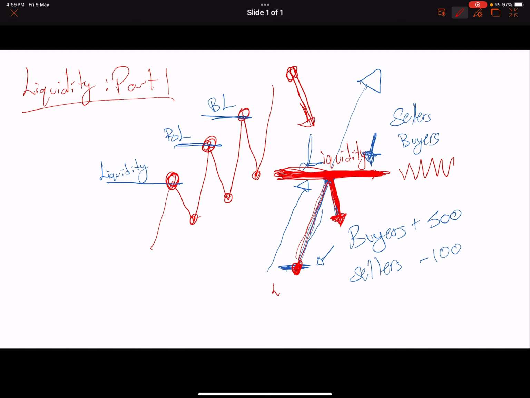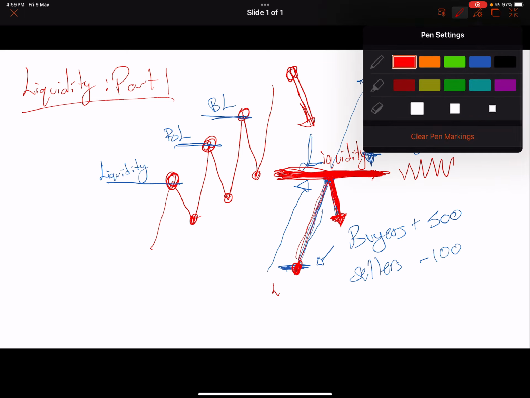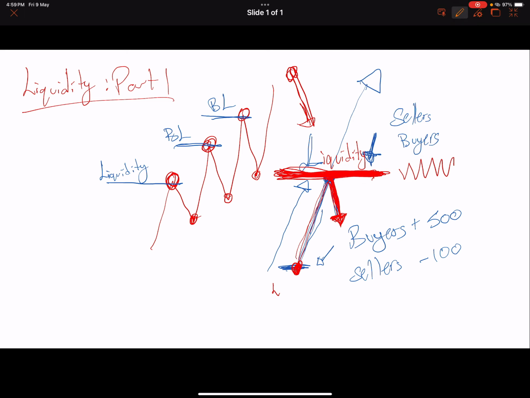In order to explain it further, I'll just change the color. I'll take it down here. So there is another liquidity. Once the buy side liquidity is taken at the top side here, there's a new wave of liquidity that needs to be taken down here, which is the sell side liquidity. This is sell side liquidity, and here there is another sell side liquidity and another sell side liquidity at the lows.